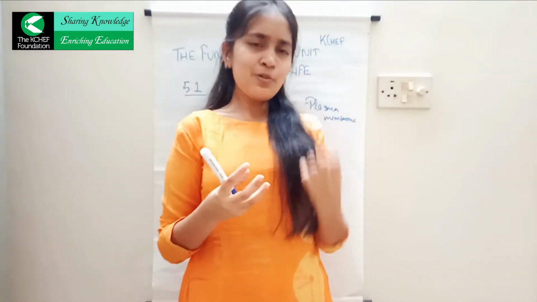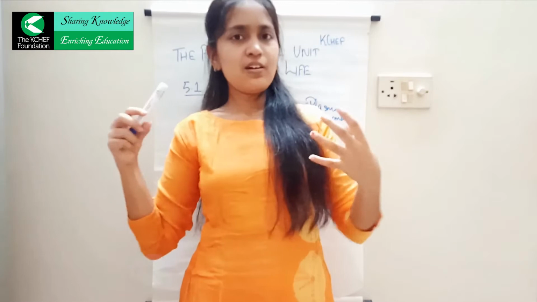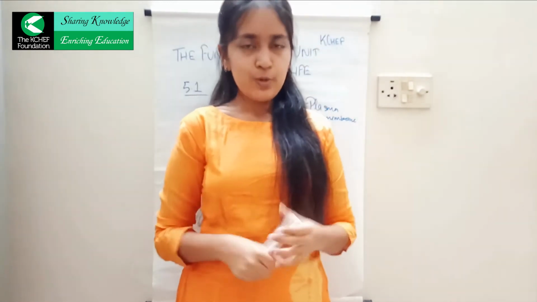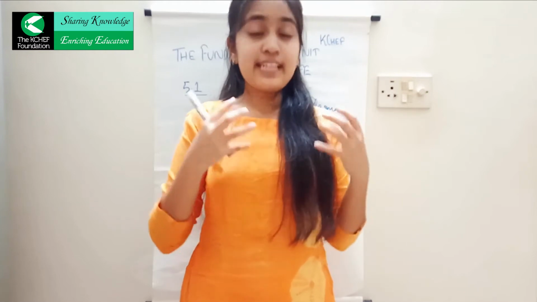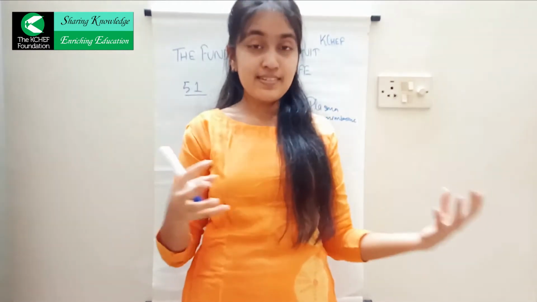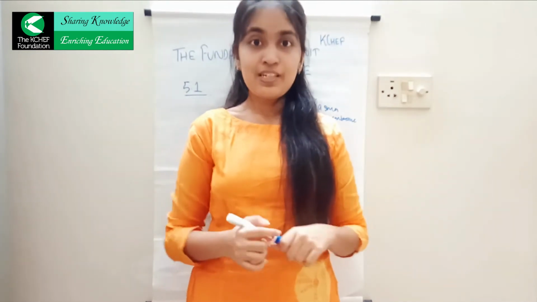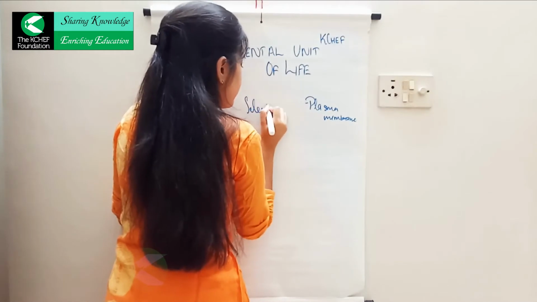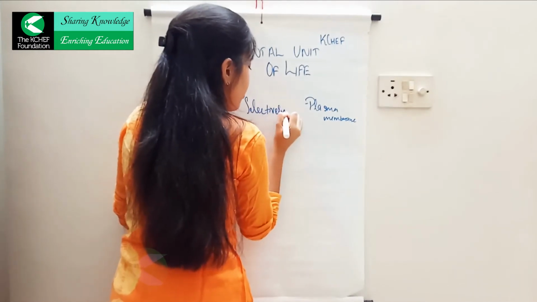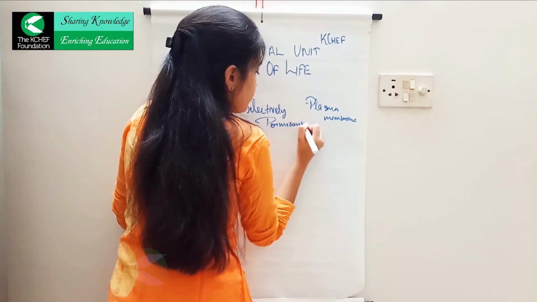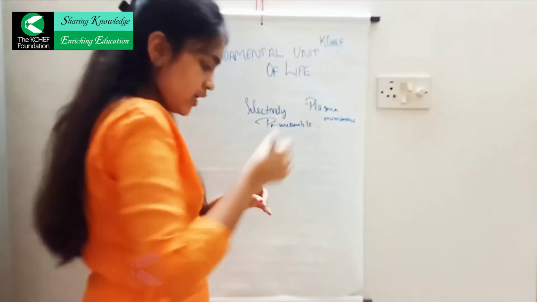So it filters out so many substances. It only allows the transfer of some substances in and out of the cell. Okay, so we can say that it selectively permits the entry and exit of substances in and out of the cell. So that's why it's also called a selectively permeable membrane.